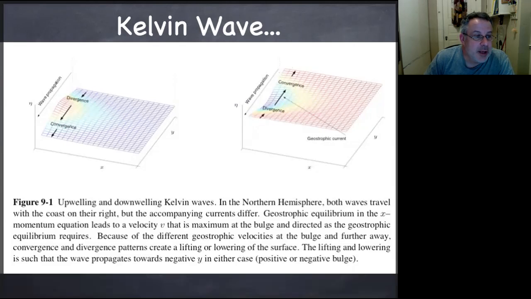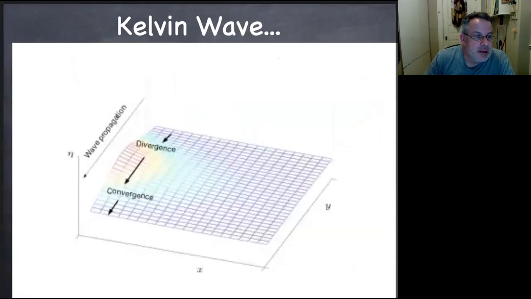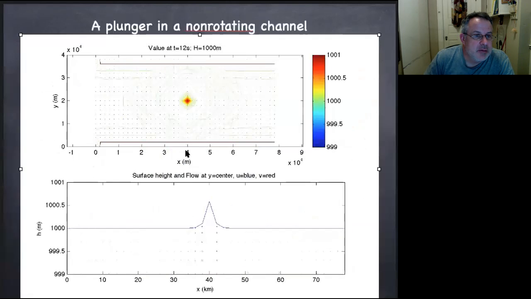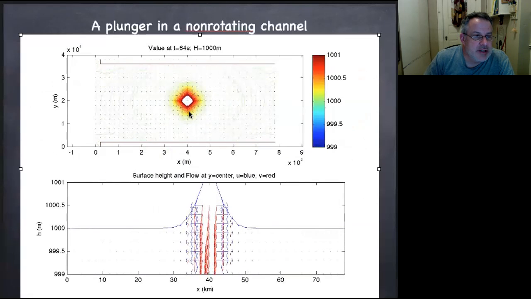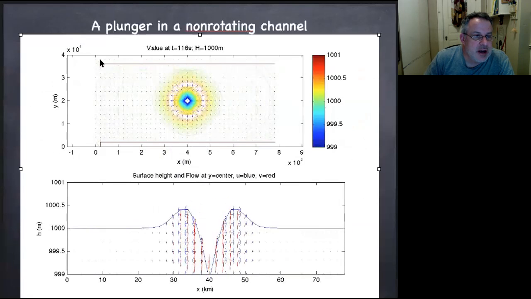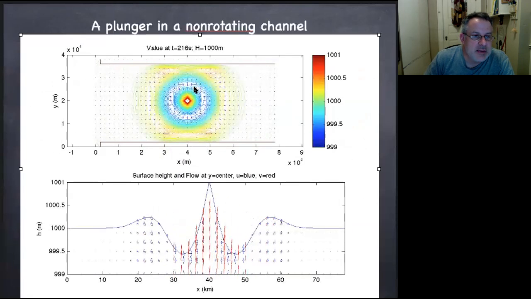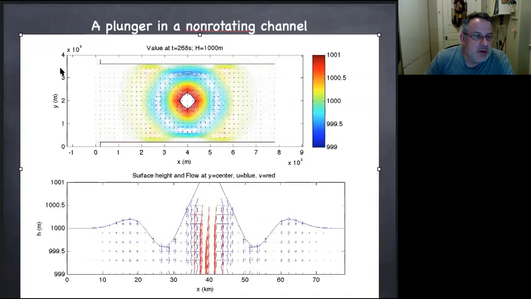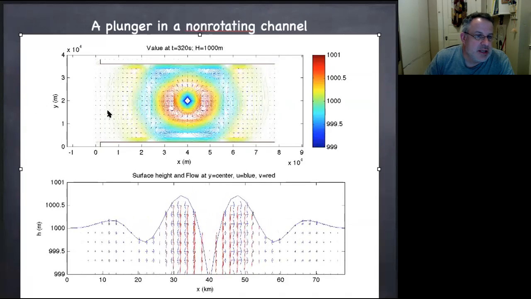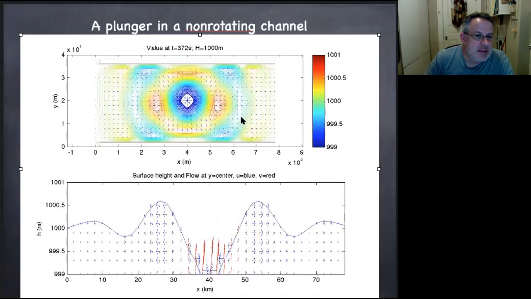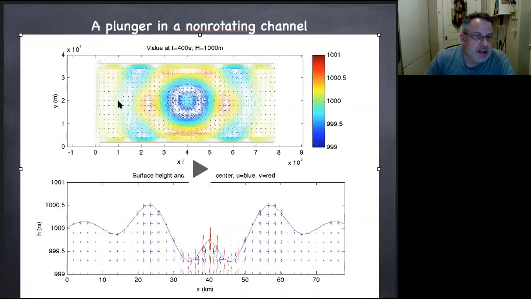That's the funny part about it. So we talk about this. Here's the non-rotating channel case. So now that we have a channel, we have u, or in this case, it's the y velocity that's equal to 0 in the Kelvin wave approximation. We can see in the regular old gravity wave case, we don't have that problem at all. We get these nice big circular patterns at first, and then turn more linear as we get farther away down the channel.